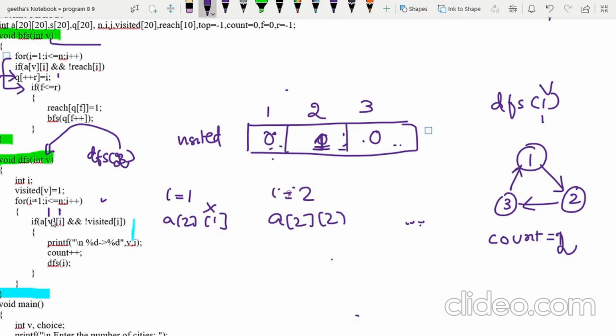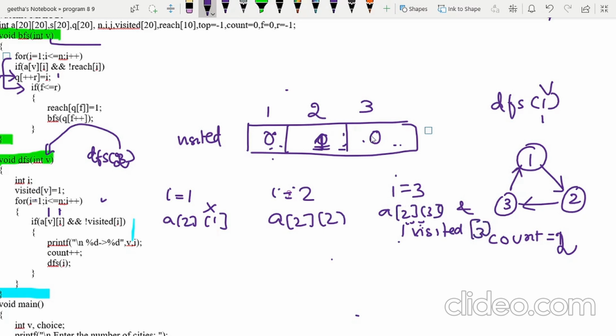Then I becomes 3. A of 2, 3 and not visited of 3. What is that? Not visited of 3. So not visited of 3 is true.